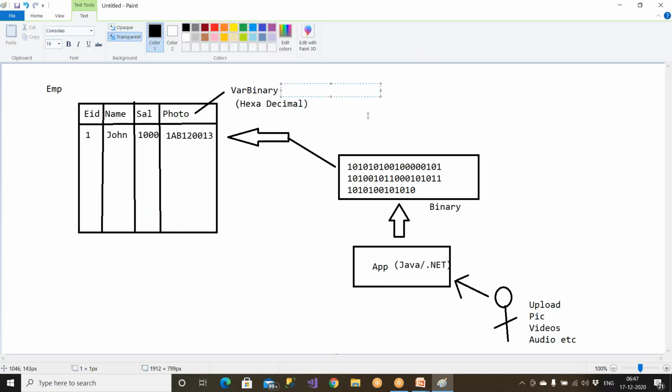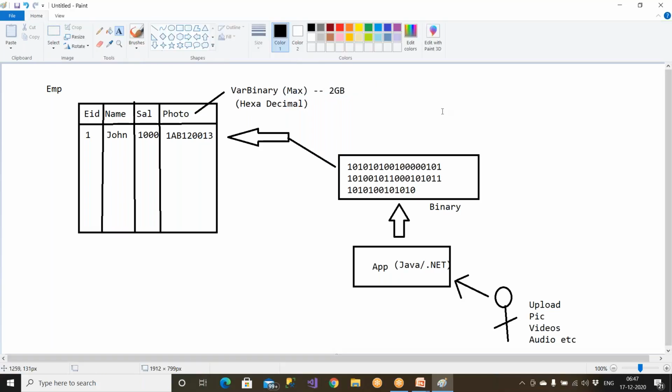use varbinary(max). So max means up to what? Up to 2 GB of file. Each photo I'm talking about, each photo can store up to 2 GB. Clear? So you may ask me, what about YouTube videos, songs, video songs, audio songs? Will they be stored in our database? The answer is no, because you cannot have a 4 GB movie, a 10 GB video file, or an audio file